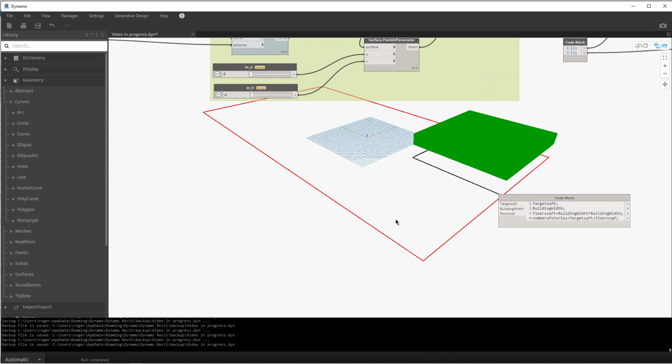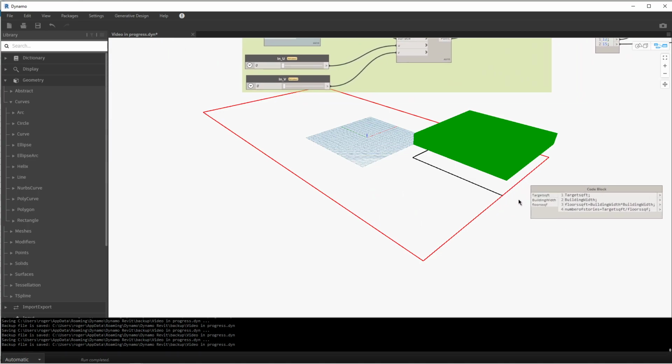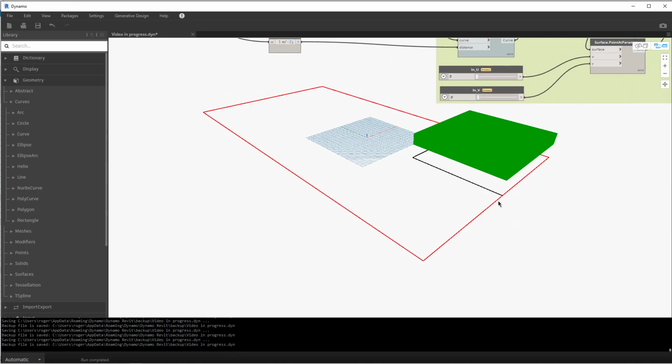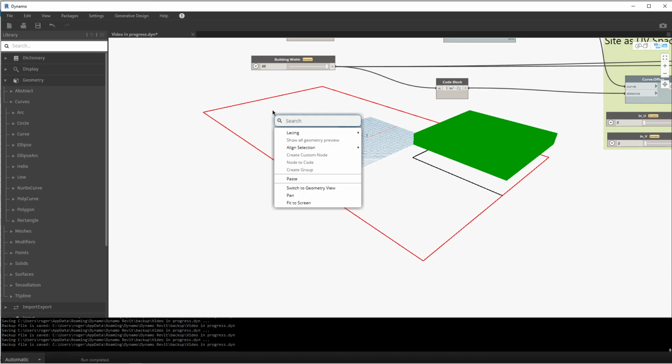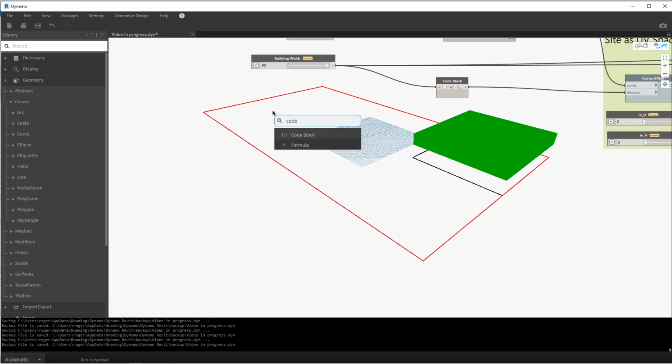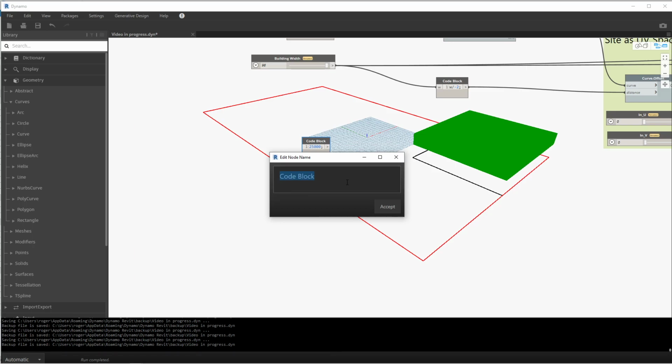So I'm going to start by making a new one which is called target square feet. So over here I'll make a code block. And we'll just put the number in. I'm going to say 25,000 square feet just to get us started. And I'll rename this by right-clicking on it and renaming the node. And we'll call this target